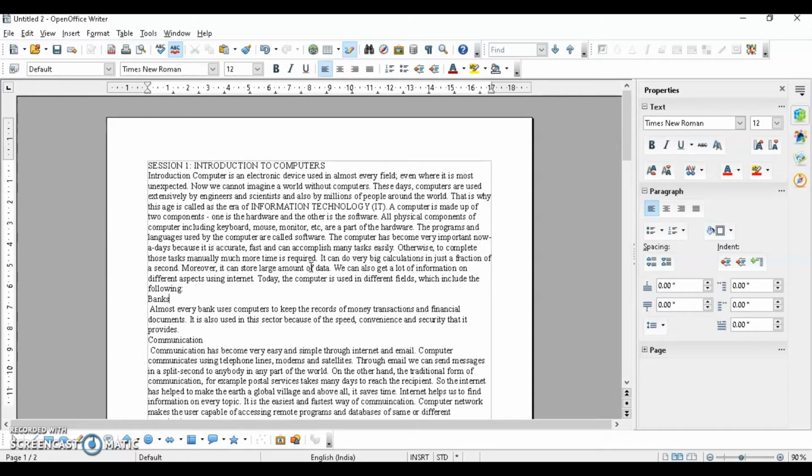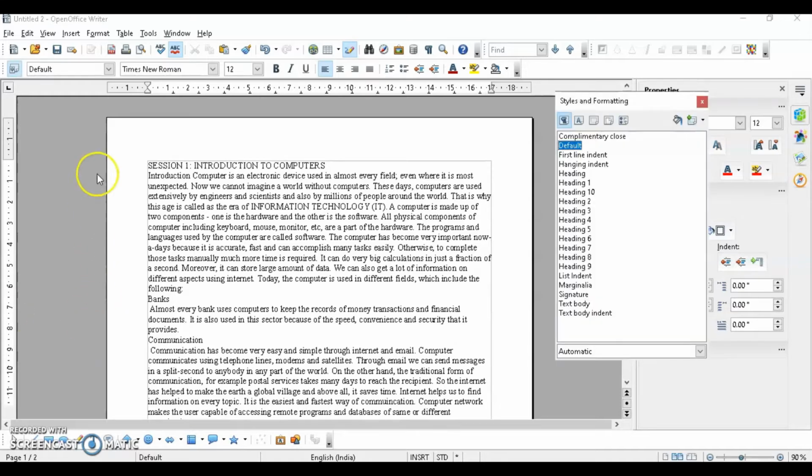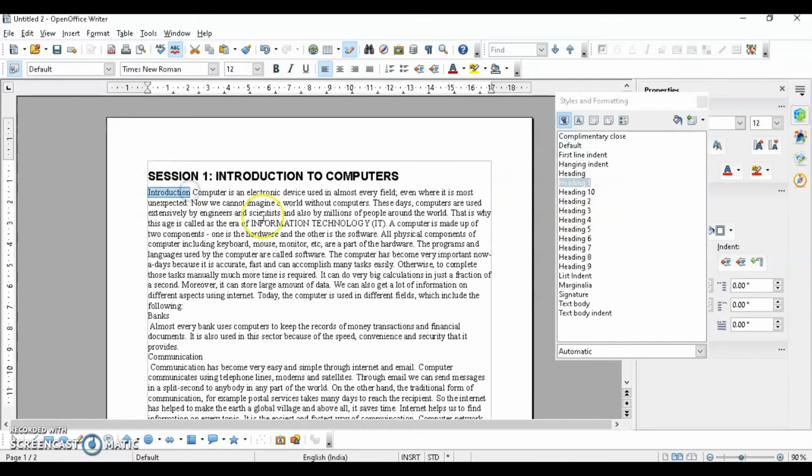First of all, you have to define the different heading levels. And how can you do that? You have already done this using styles. So again, we have to open the styles dialog box. The shortcut key is F11. Let's open that. Now I want to apply this one as my main heading. Select it and I'll double click on heading 1. Introduction is going to be heading 2.